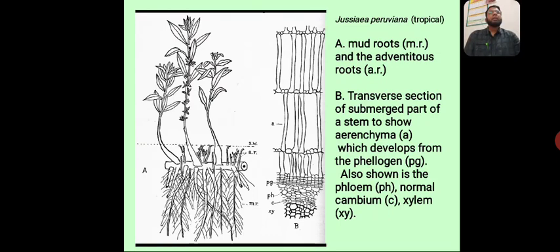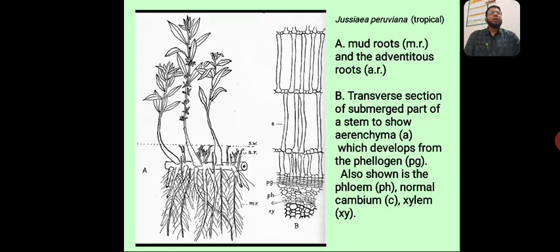Roots may be completely lacking as in Wolffia, Utricularia, or feebly developed as in Hydrilla. Root hairs are absent in Lemna or feebly developed. Root caps may be absent or root pockets are present. Roots are generally fibrous type and adventitious, unbranched or sparsely branched. The stem is long, slender, weak, spongy and flexible in submerged hydrophytes. The stem is short, stoloniferous, thick and spongy with extensive parenchyma in free floating plants.